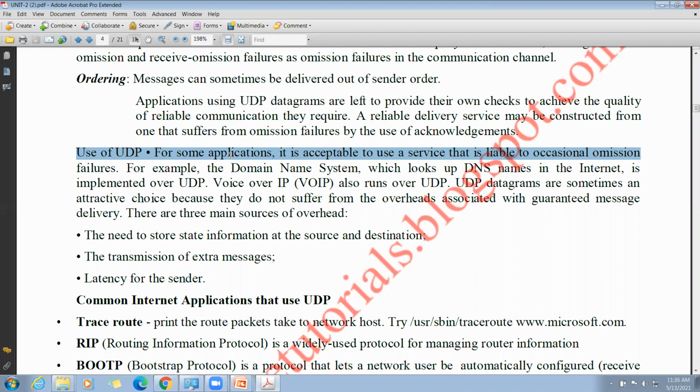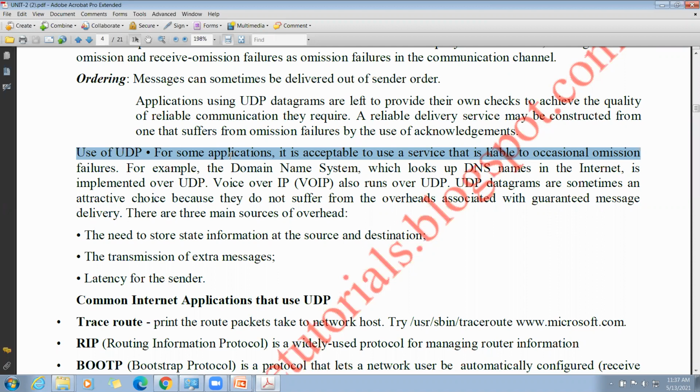That is an overhead because we need to check whether the sent message has arrived at the destination or not. How can we conclude that? If you have an acknowledgement service, for the sent data we need to get an acknowledgement within the given time interval. Otherwise, we conclude it is not delivered.